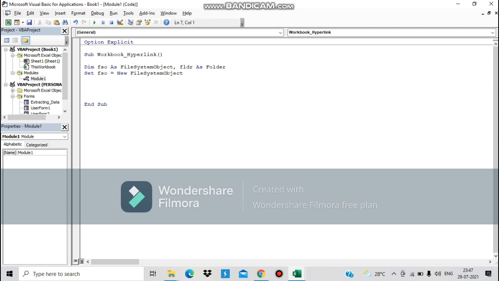Now what you have to do is set the folder, from where we are going to take the workbooks, where we are going to link the workbooks. Where are those workbooks? Set FLDR equals FSO.GetFolder. Now it's asking for the path.